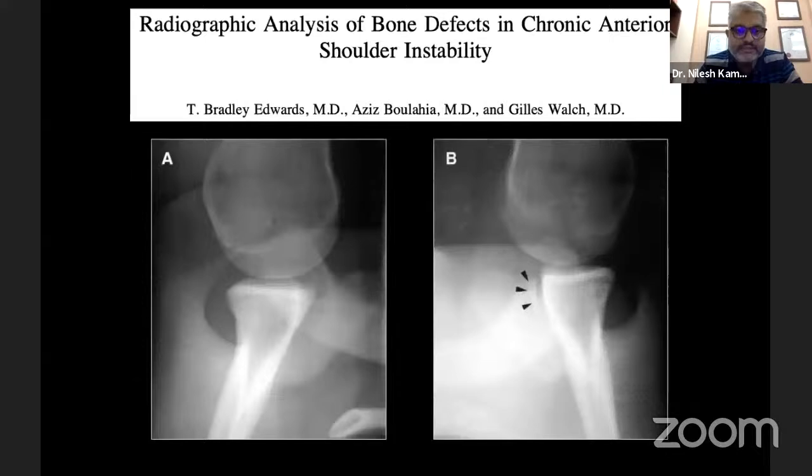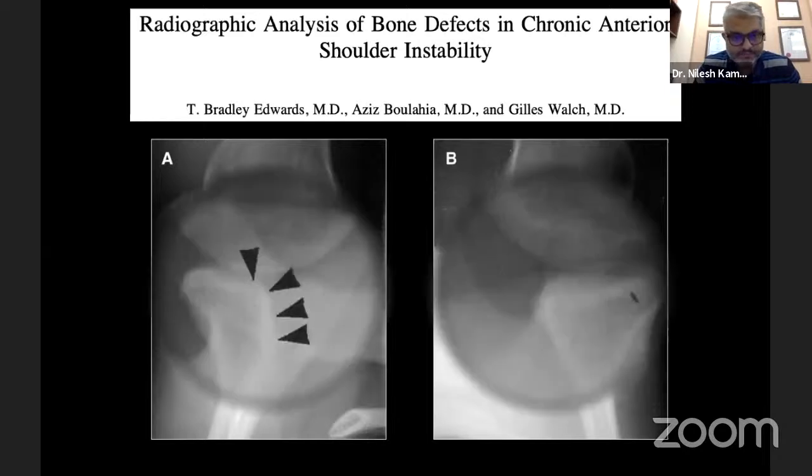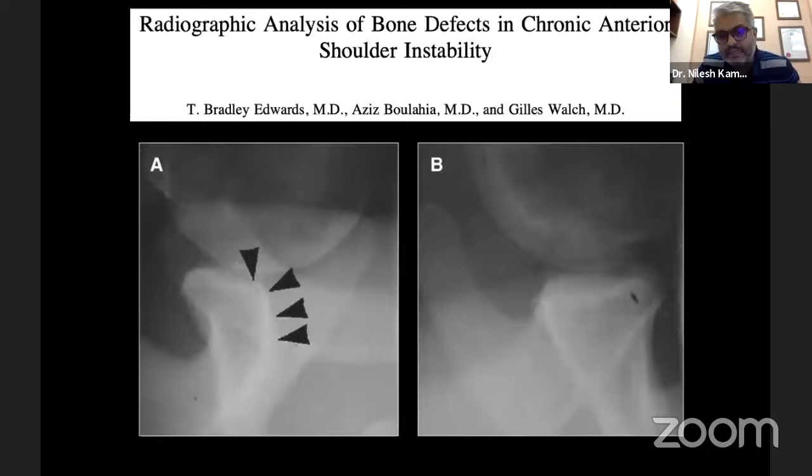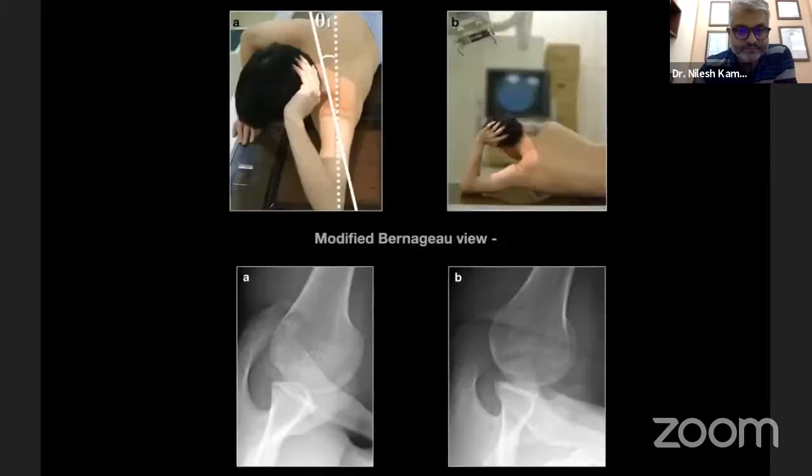So if you see a few examples, you always need to get the contralateral side to compare. If you look at figure A, you can see that the dense sclerotic triangle on the anterior aspect is very well visible. As opposed to that, here you can see a bony fragment which can be marked with the black arrows. Likewise, on the B image, you can see that the entire circumference of the glenoid is seen in totality, whereas on figure A, you can see a cutoff, the so-called cliff sign, where there is a sharp cutoff to the margin of the glenoid.